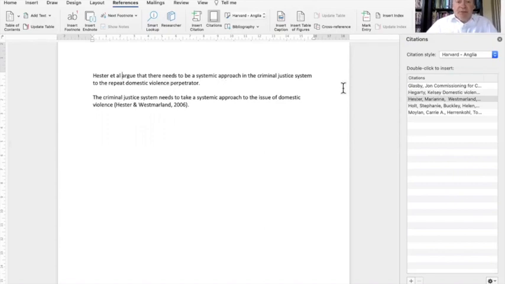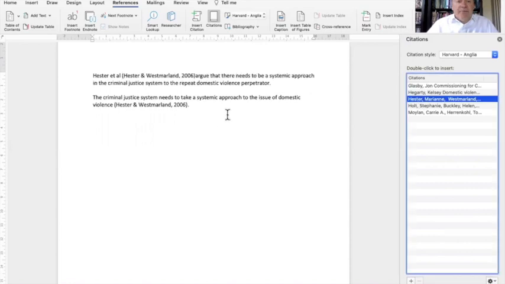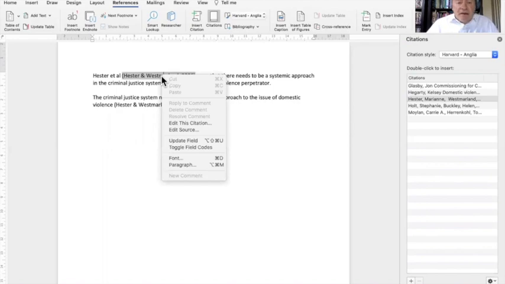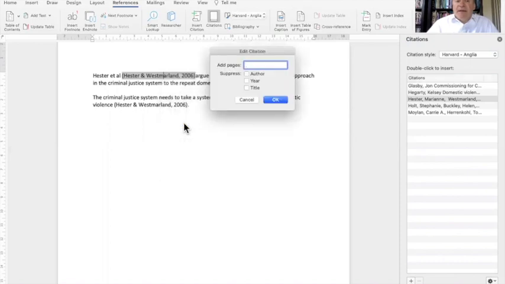The other thing I might want to do is, I've already said Hester et al. argue that, so I've now quoted her. So what I'm doing now is I will again put her in. Now you can see it's putting the name in twice. Not good for your word count, not good for reading, and doesn't follow the convention. To fix it, I'm now going to right click on my mouse. It allows me to edit this citation,